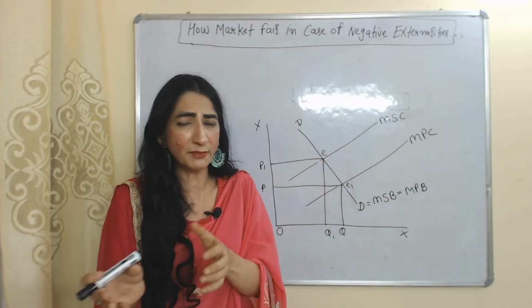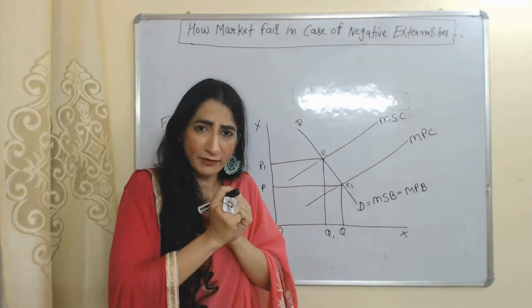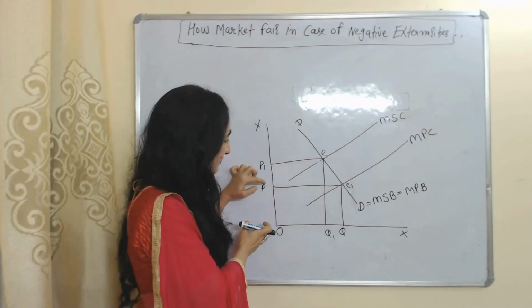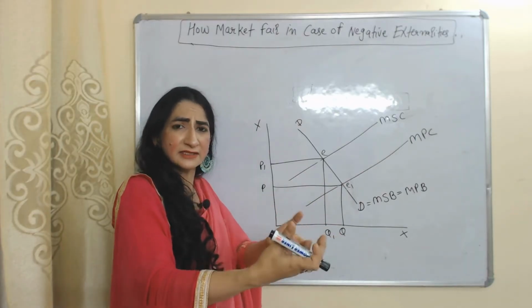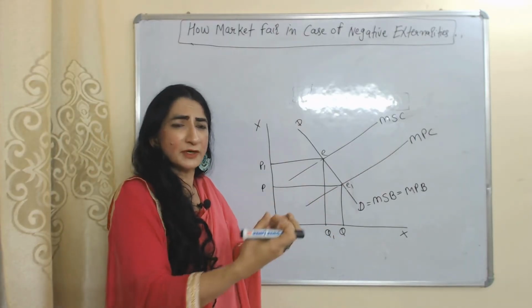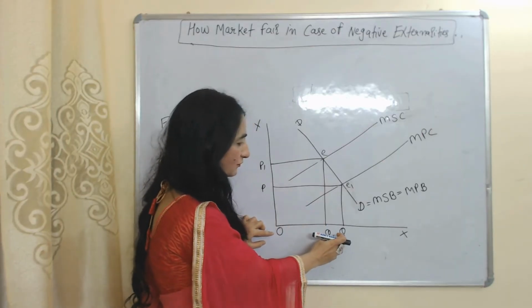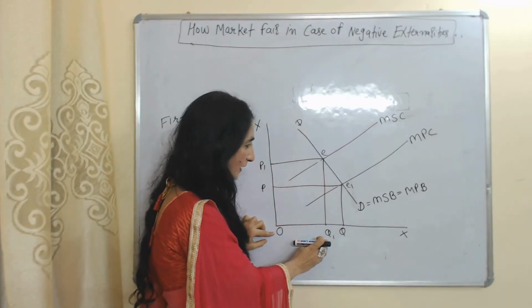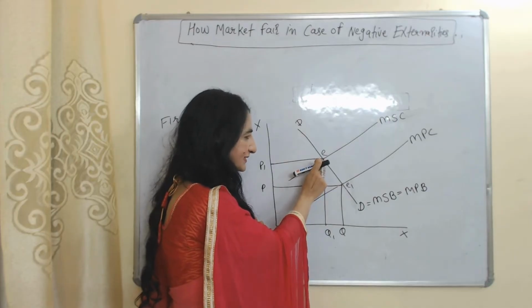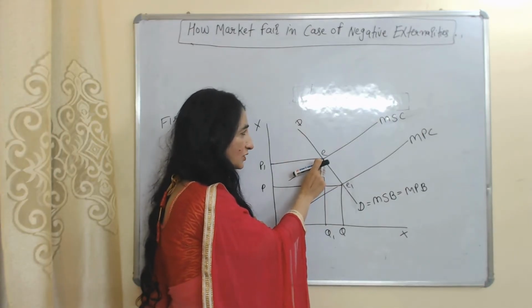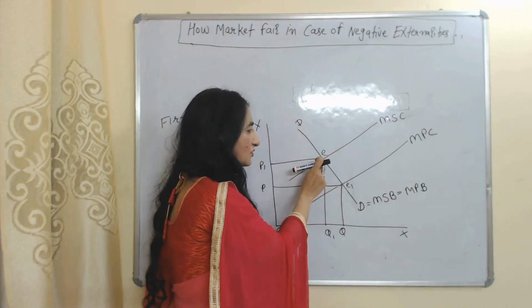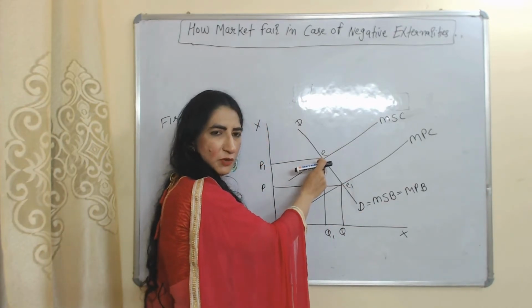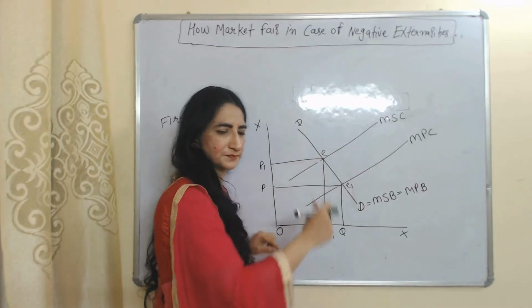As government will impose taxes, cost of firm will increase. As cost increase, their prices increase from OP to OP1. As prices increase, their demand fall. As their demand fall, eventually their production will fall from OQ to OQ1. Our new equilibrium point is E. At this equilibrium point, you can see marginal social cost is equal to marginal social benefit. So at this E point, you can see social optimum amount of output.